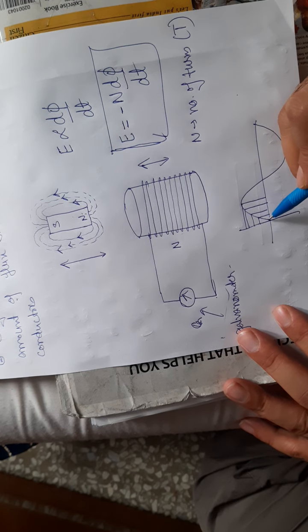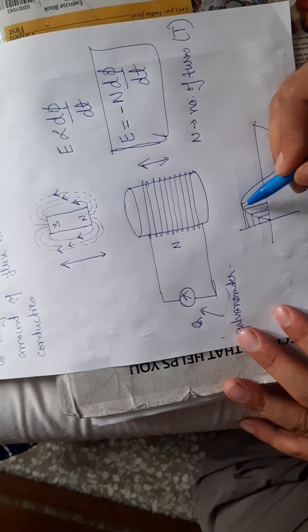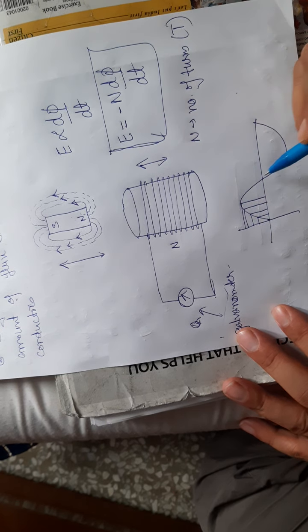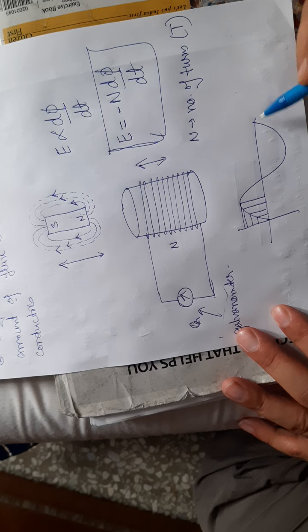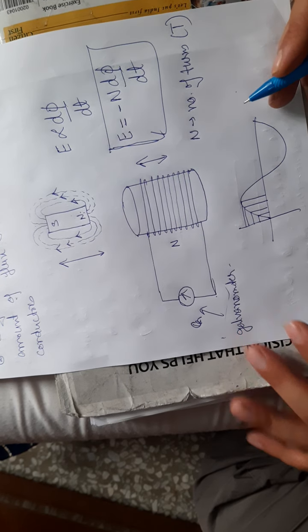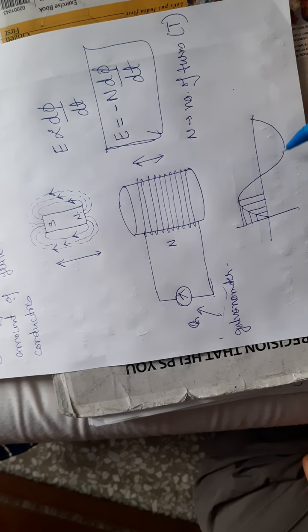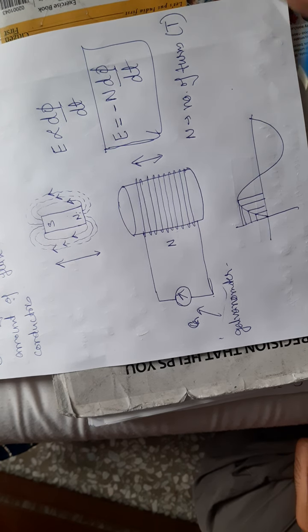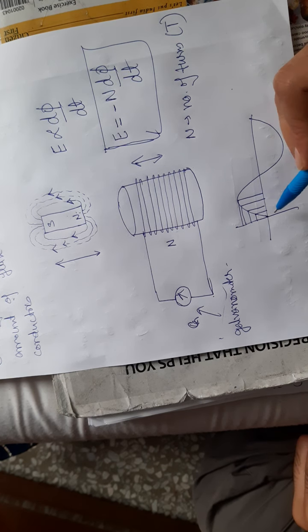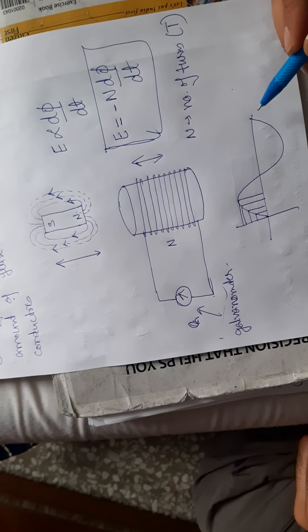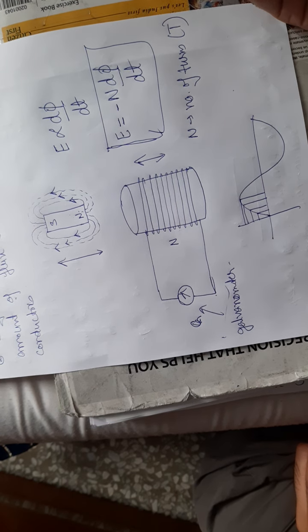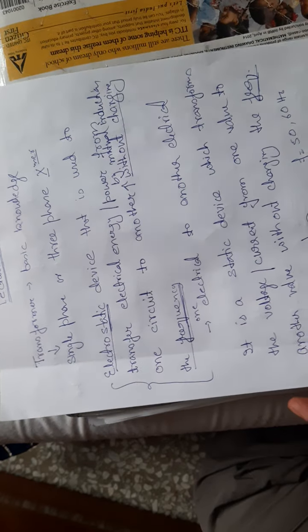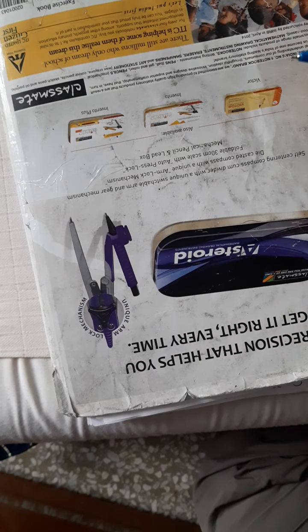If you are using the input as an AC supply, that AC voltage is also changing in nature like this. The current is the same, and so will be the flux. Because we are applying an AC input to the transformer, the flux generated in the primary winding of the transformer will also be a sinusoidal flux, so it will be a changing flux. Got it? So I told you that this transformer is a static device.